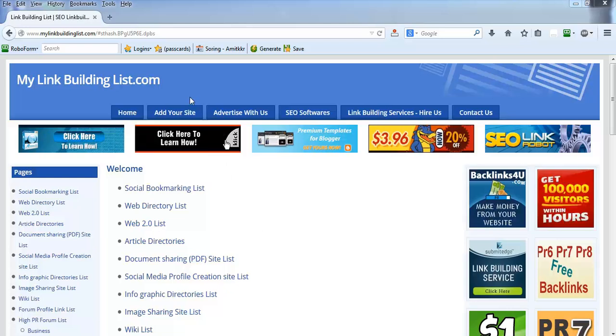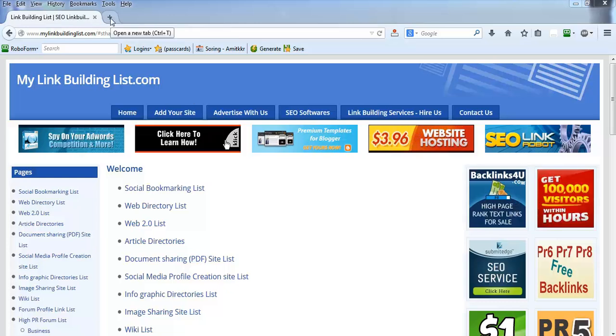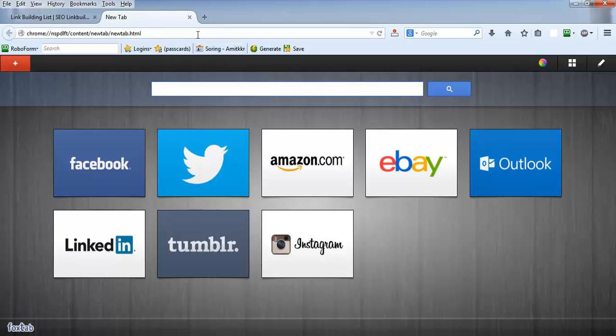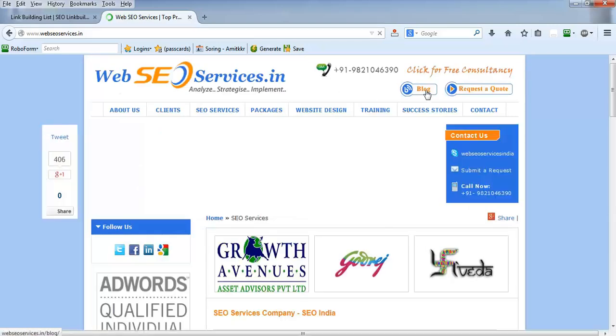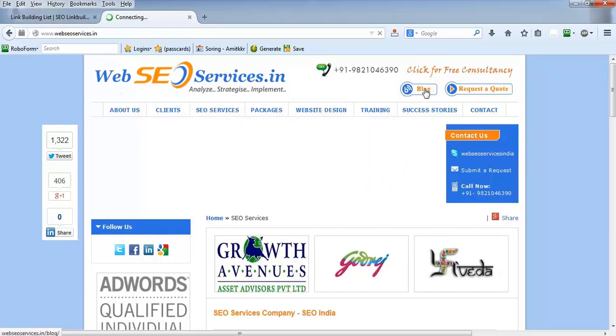So if you have infographics on your website, for example if you have written a blog using infographics, there are various sites where you can submit your infographics page to different infographics directories and blogs. Suppose for this website, they have created a blog using infographics. Let's take an example of this. I'll just go to their blog site,